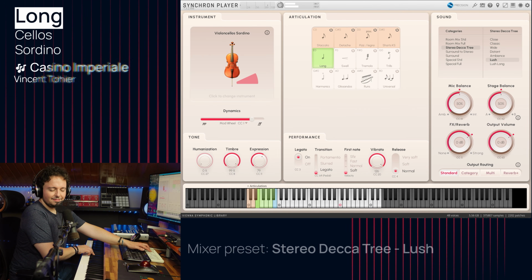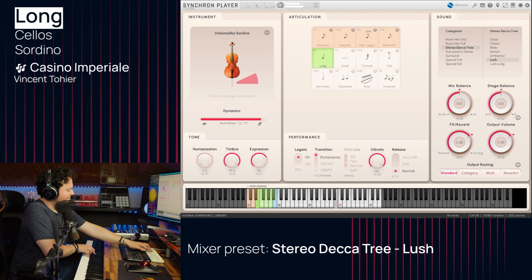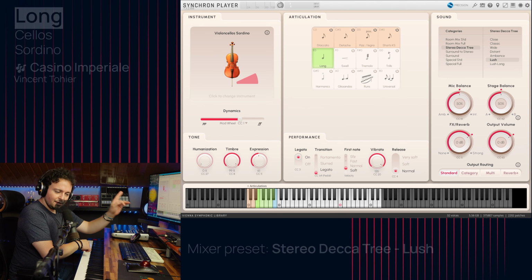And I just can't resist trying the legato's concertino. It's funny though, what I just played is the very first demo I wrote for VSL, almost 2 years ago.